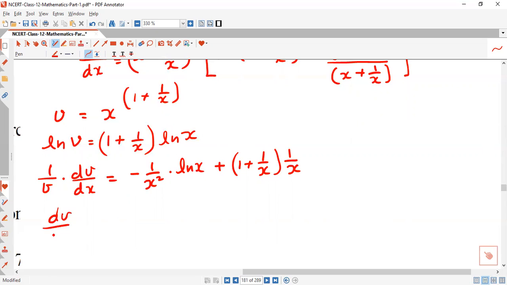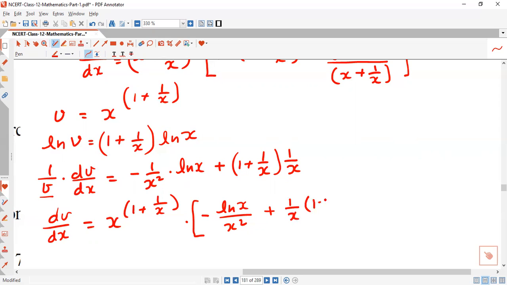So dv by dx comes out, taking this v to the right hand side with the value of v, x raised to 1 plus 1 upon x, into, simplify this one, minus log x upon x square, plus 1 upon x multiplied by 1 plus 1 upon x. If we open this bracket or combine these terms,